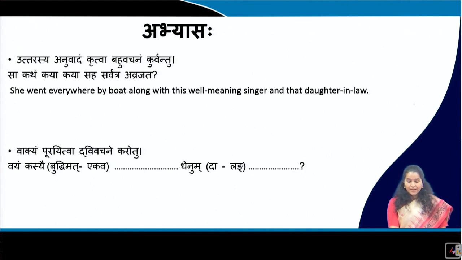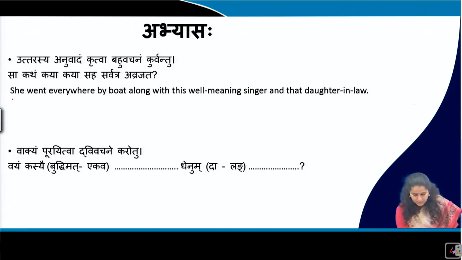Sa katham kaya kaya saha sarvatra avrajata. So with whom all did she travel? Everywhere. So, she went everywhere by boat. She went everywhere. First it's a singular. Tari atra singular asti. She went everywhere. Sa avrajata. Not avrajat because it is an atmanepadi. So avrajata, everywhere. Sarvatra,